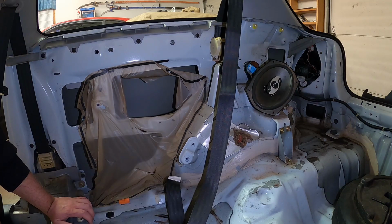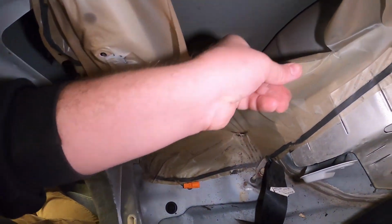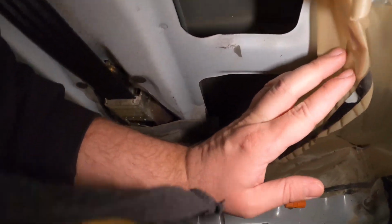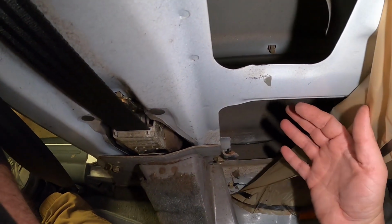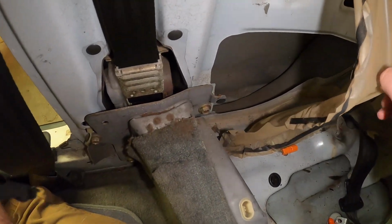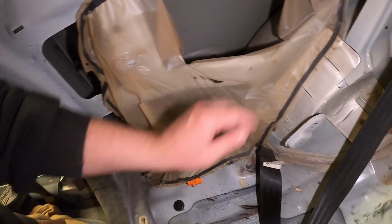We'll do a repeat on the other side, but I want to go ahead and show you guys here inside the quarter panel. So you can see there is a clip to the molding. There's another one, and so there are just two. There's one farther up that I won't have access to. Yeah, look how clean it looks. No rust, no nothing in there. It's a good sign. No body work or anything, but yeah, you can see there's two clips there that'll pop